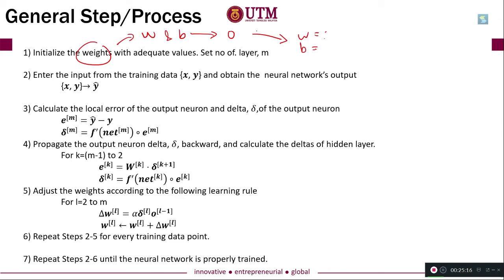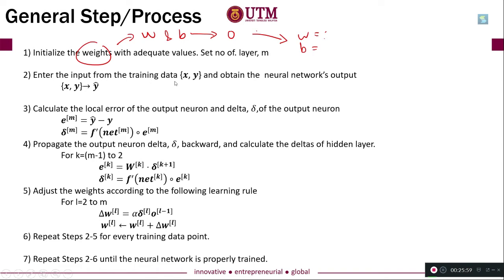I just hope that you can remember that some people use initialization with 0, some people use initialization of W and B with a random number. Later when I show you some example code in MATLAB, I'm using a random number to set my W and B. Okay, first you need to do that. Once you set your random number for W and B, it means that you already know the initial value of your W and B. And then after that,